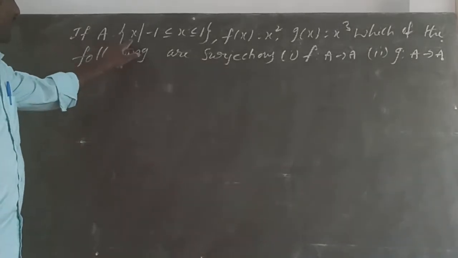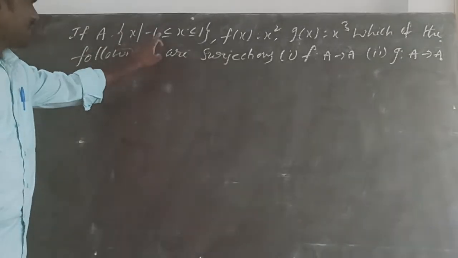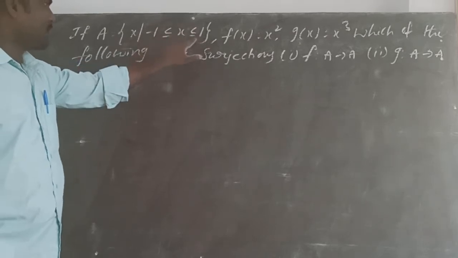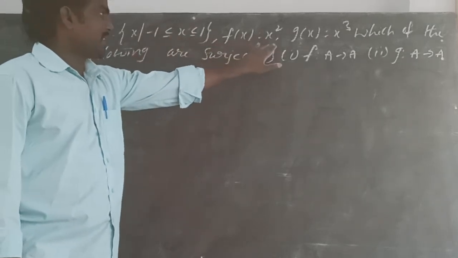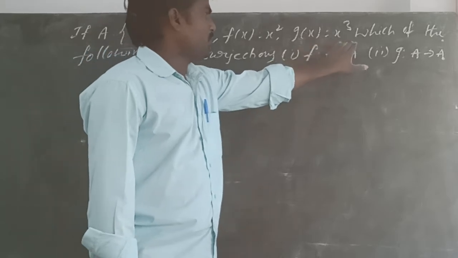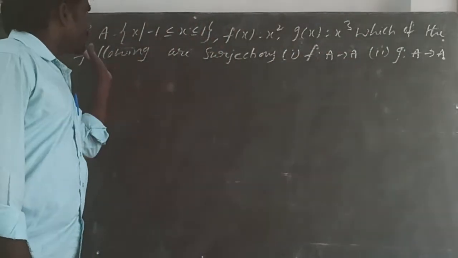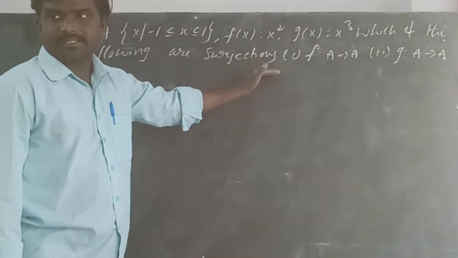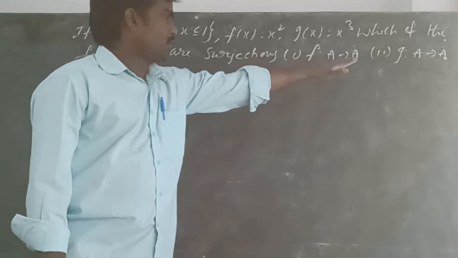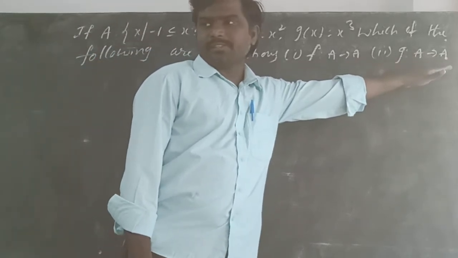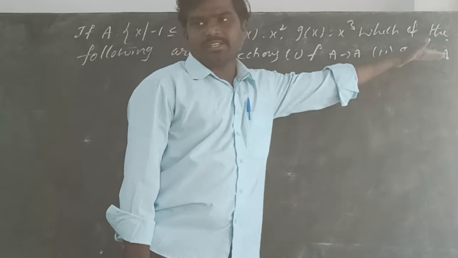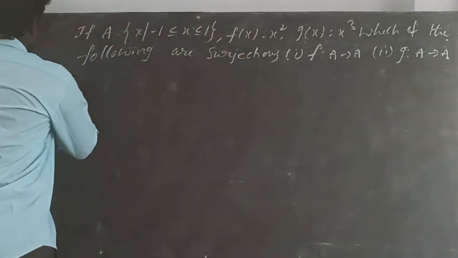If A is equal to x such that minus 1 less than or equal to x less than or equal to 1, f of x is equal to x square, g of x is equal to x cube, which of the following are surjections? Okay, f from A to A, g from A to A, f from A to A, g from A to A. So here